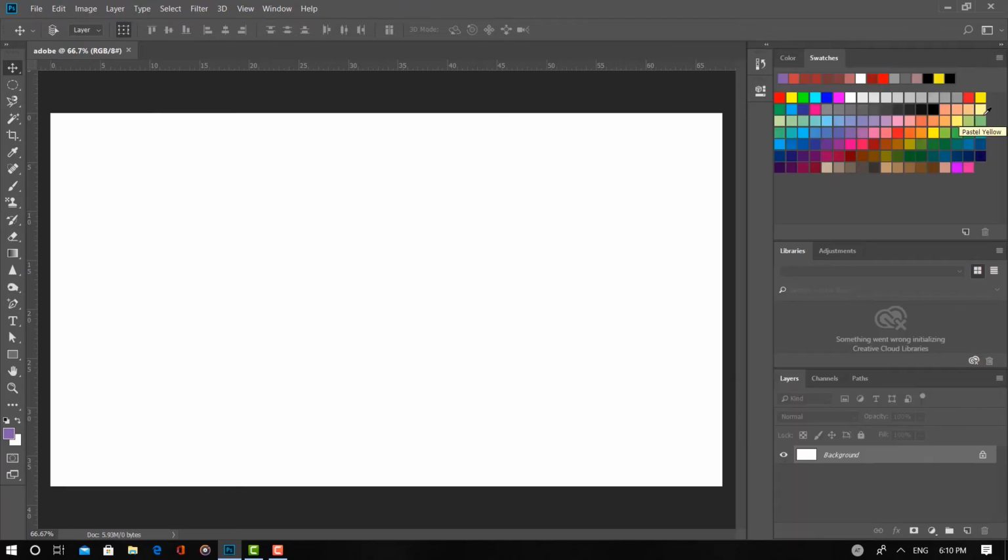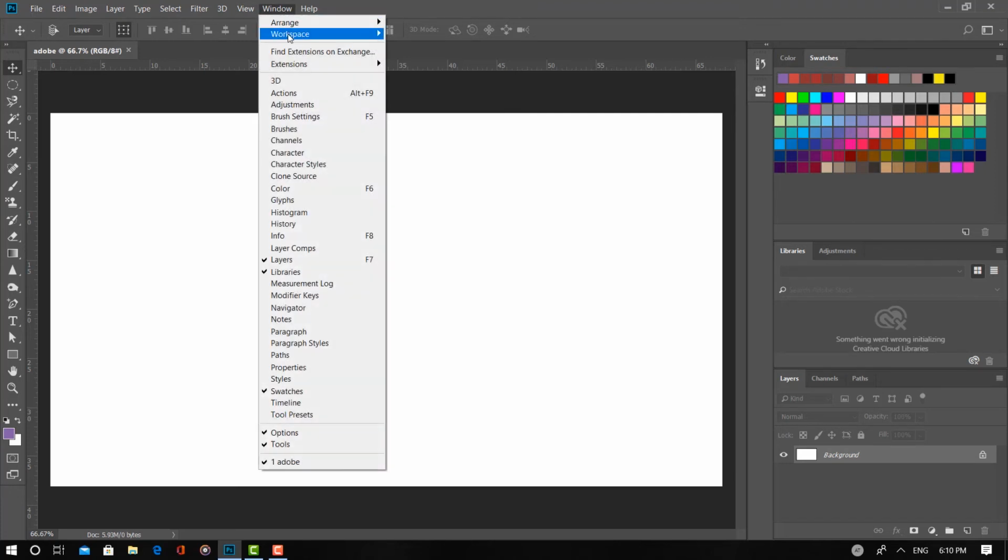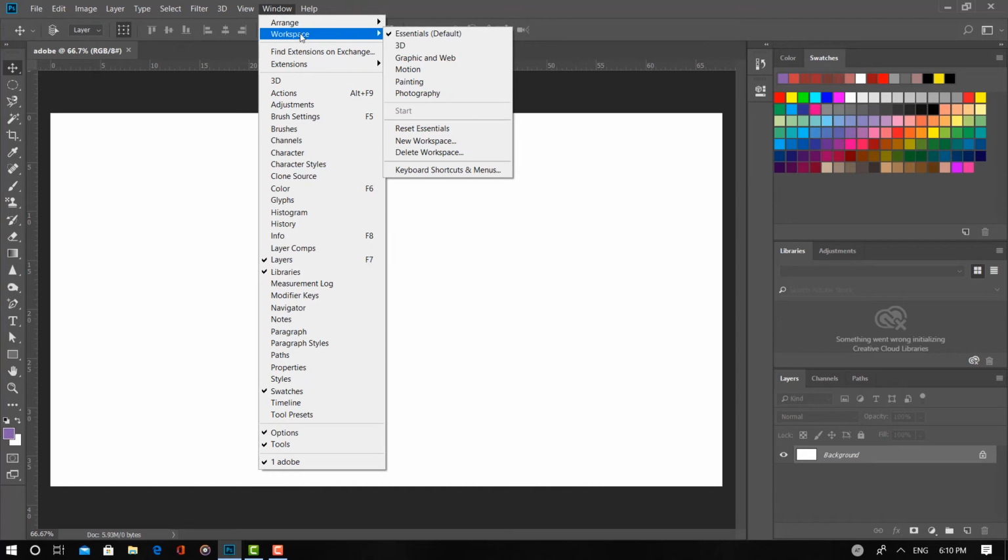Well guys, we talk about everything on panels. Now we have to talk about workspace. Workspaces are very important for our work. Where's workspace exactly? When we're coming on the option bar, we have to click on the window, and we can see on the second option, we can see a workspace here. Our workspace is on essential and default, and it's the default of Photoshop, and everyone installs Photoshop